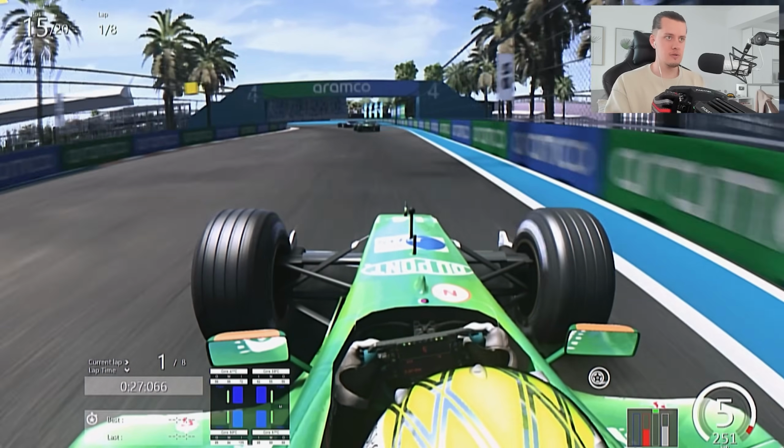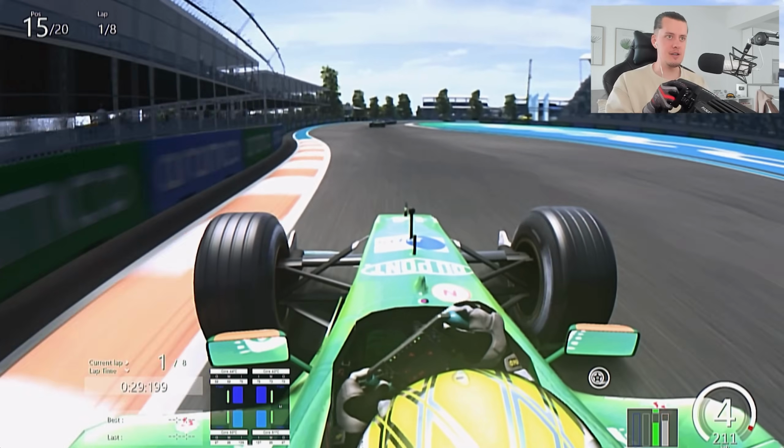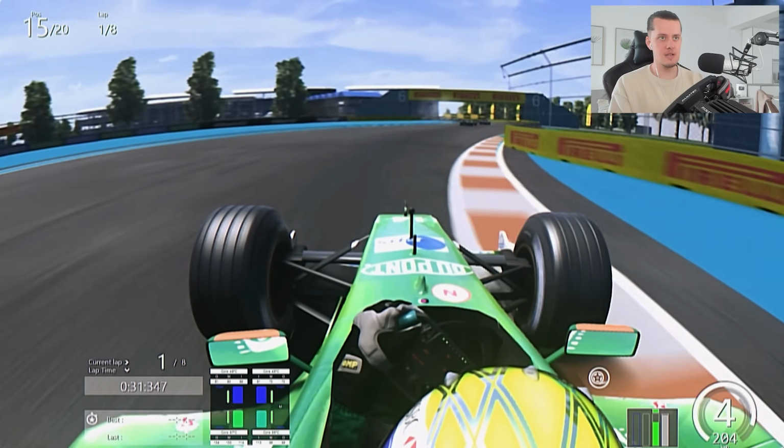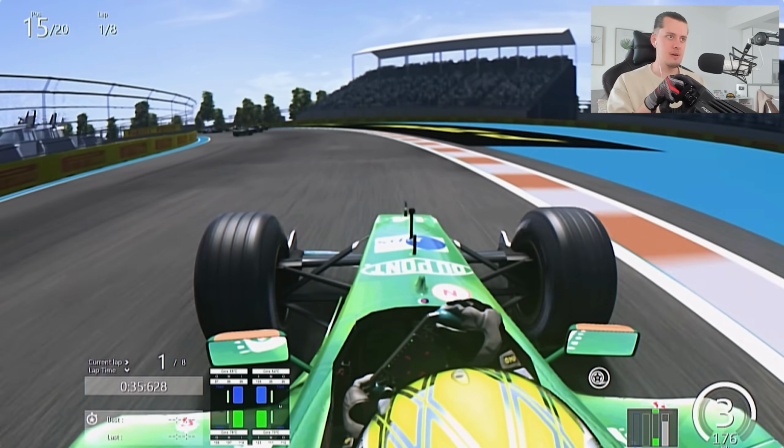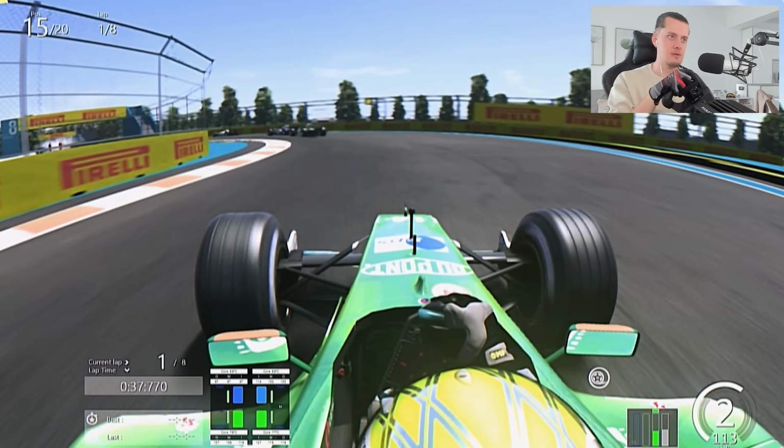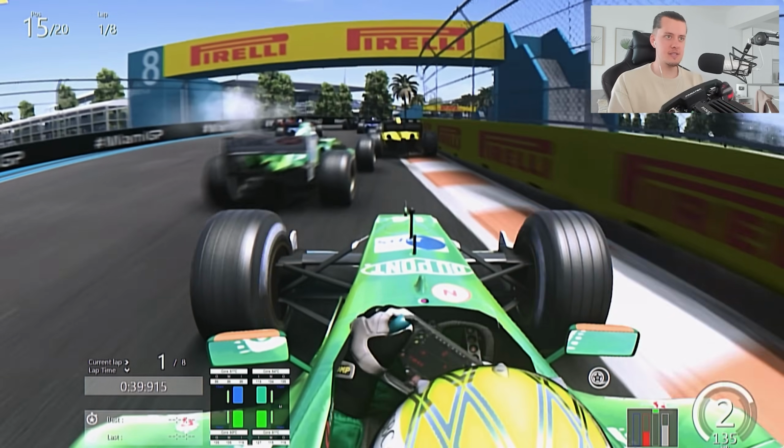Tires are stone cold, yellow flag, so here is the first bit of carnage. Well, it seems like everyone's got through relatively okay. Once we get some tyre temp, we'll be a bit more competitive. Another yellow, and that's a...